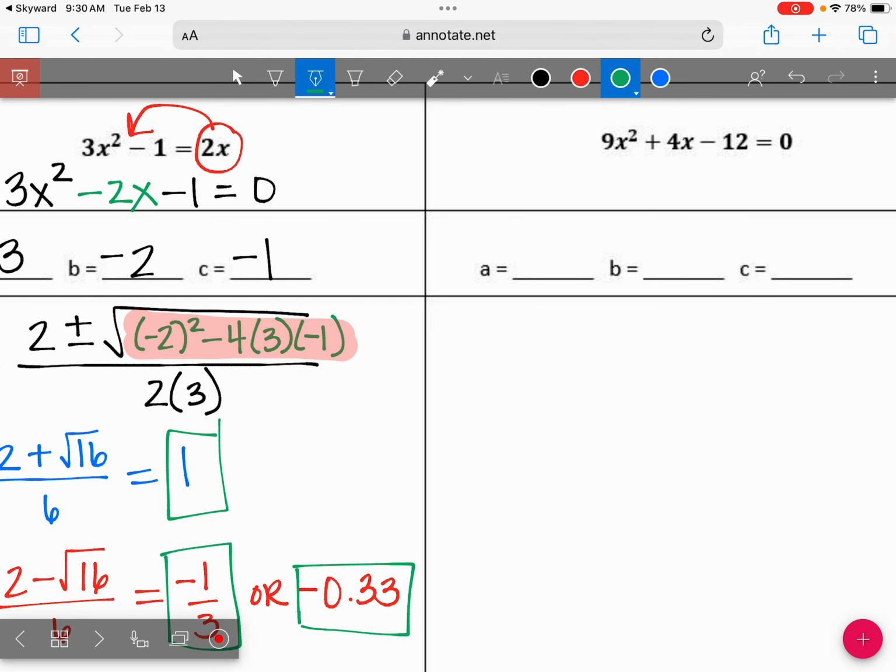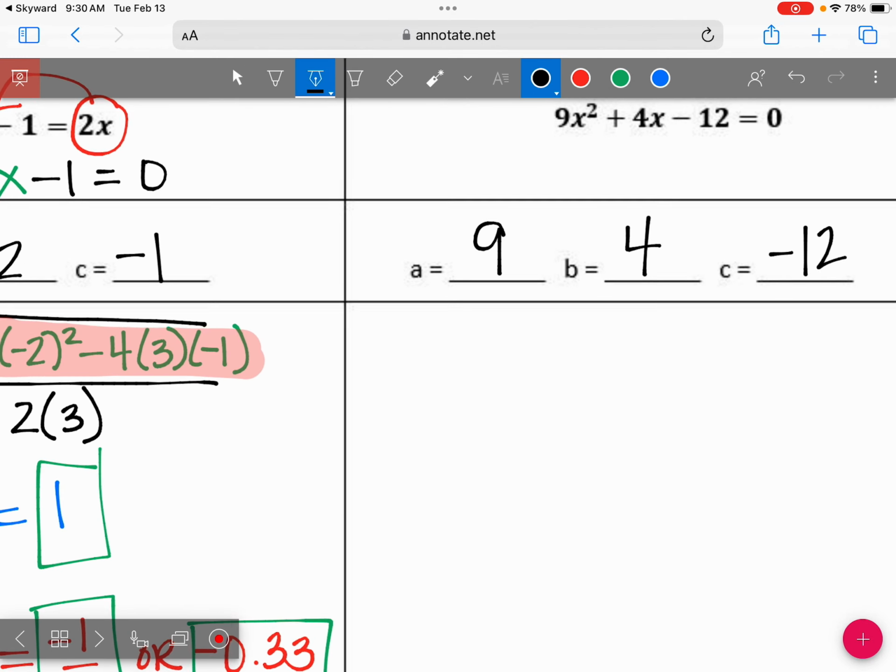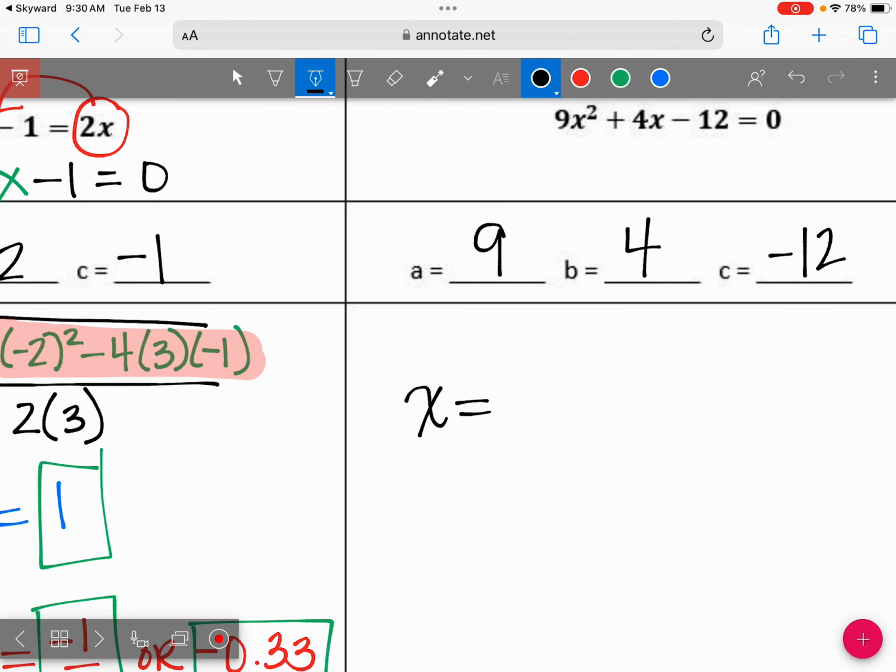Is it set equal to 0? Yep, so that's easy. So what's A? What's B? What's C? Negative 12. So let's set up our quadratic formula. X equals, now it's a positive 4, so we're going to do the opposite, which is negative 4, plus or